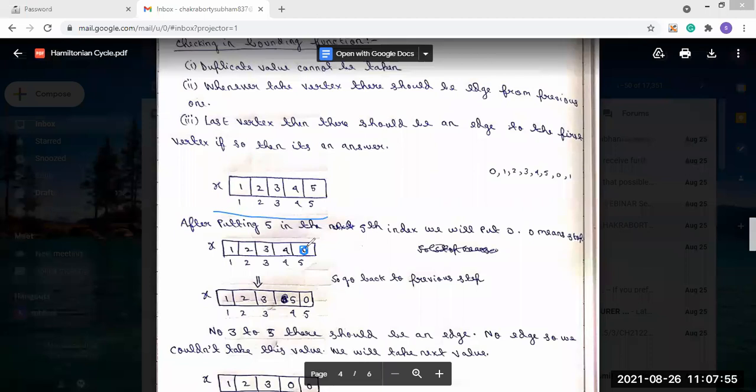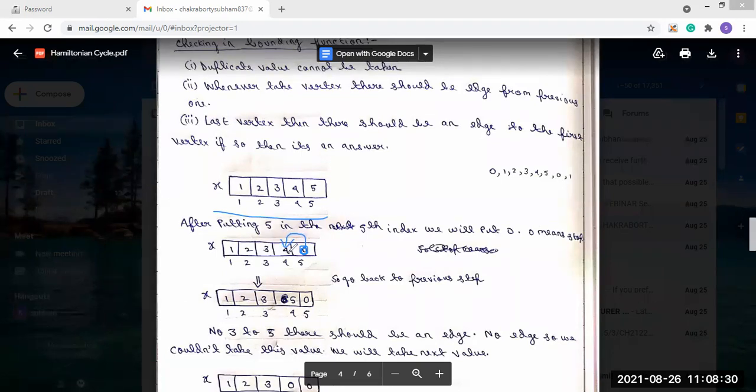After 5, there are no vertices present, so we have to go back to the initial value, which is 0. So directly we put 0 in the fifth index. Now whenever we put 0, that means we have to go to the previous step.